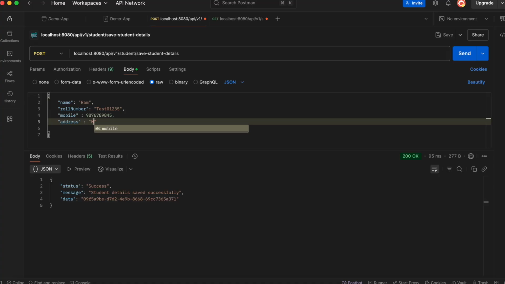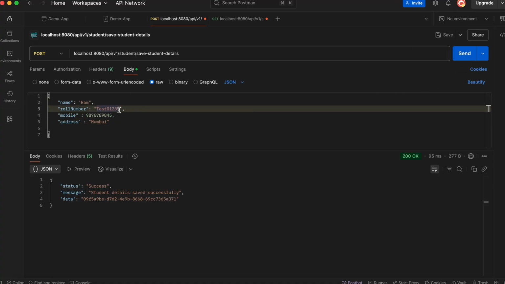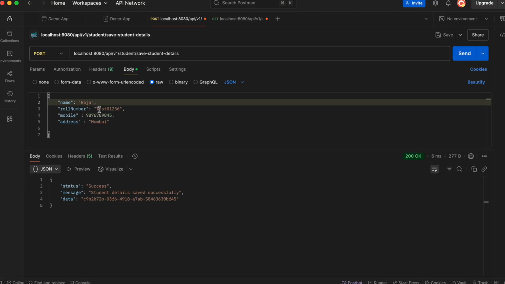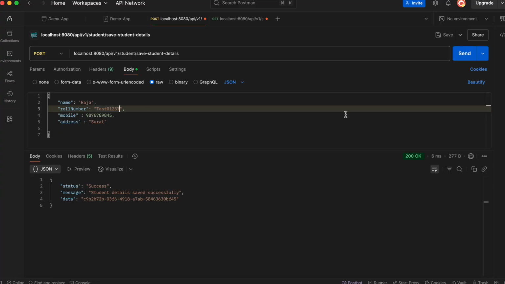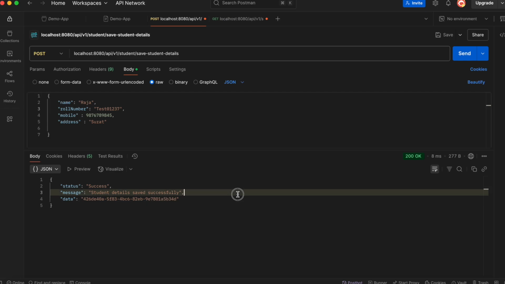Ram, Mumbai, and I'm saying this is 6. Raza, Surat, this is 7. So now we have three student details.